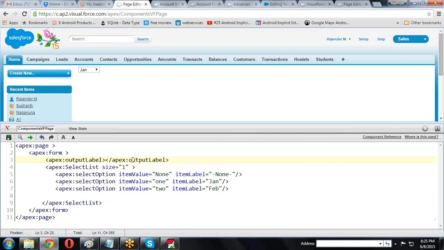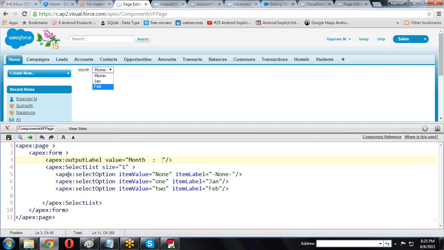Output label, value here, countries, or months. Months, something like January, February, like this I want to display.